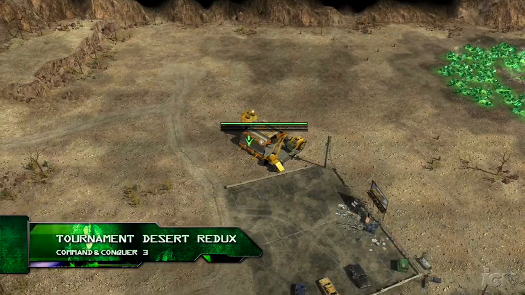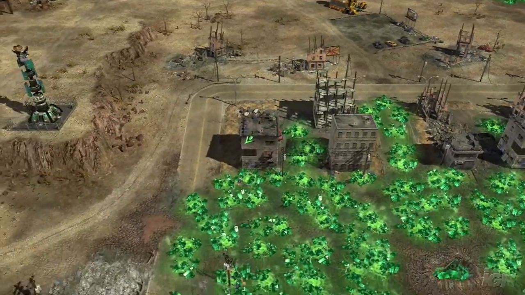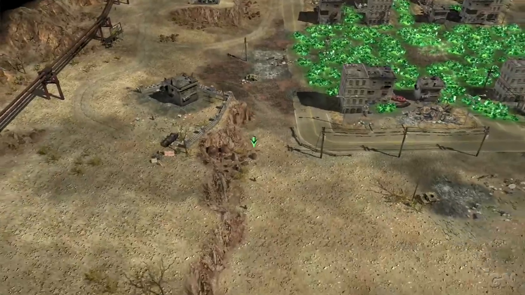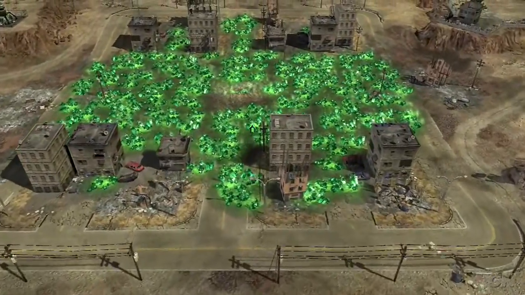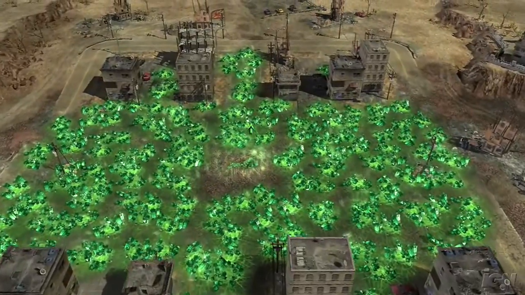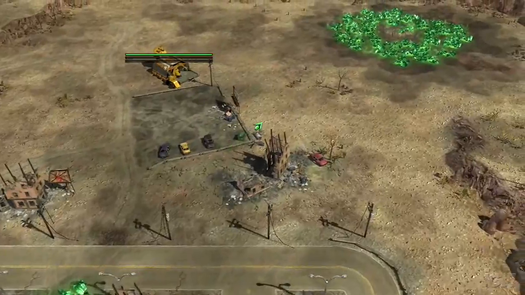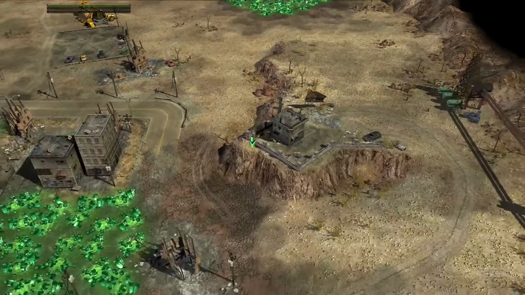This is a remake of the classic Command & Conquer Generals and Zero Hour map, Tournament Desert. As you can see, not much has changed, except now we've got a big Tiberium field in the center to fight over, with lots and lots of garrison buildings. This map is very small, and in conjunction with all these garrison buildings, infantry play a huge part of this map. You're going to want to be as fast as possible in not only capturing and securing those Tiberium fields,